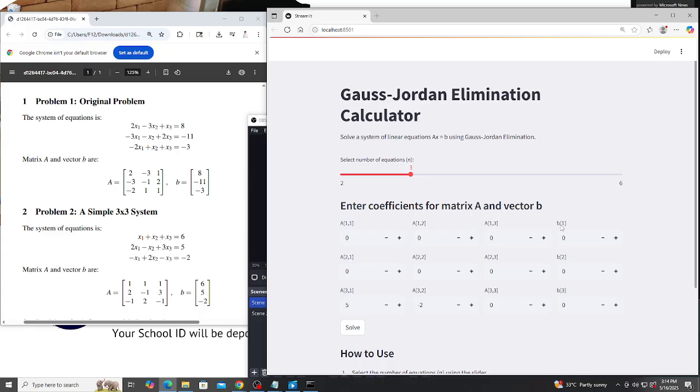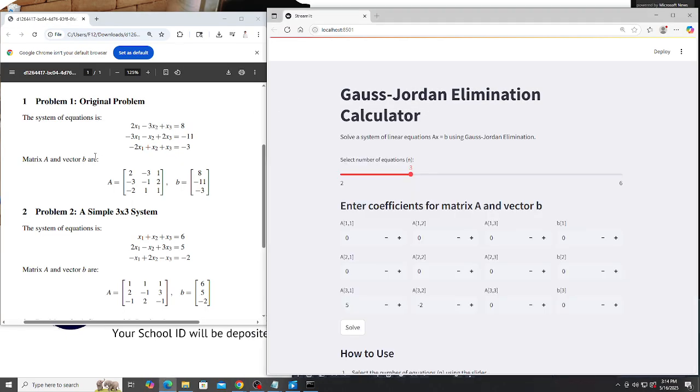Over the course of this demo, we will walk through one example problem and one additional problem to showcase the calculator's versatility. So let's dive into the process step by step to understand how it works and how we can use it for our future problems. So first, as you can see on the screen,